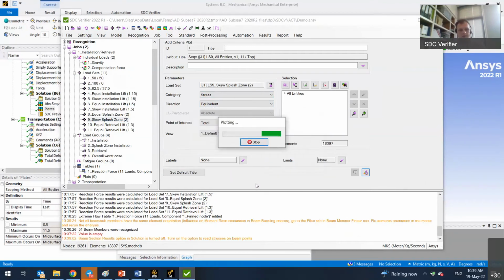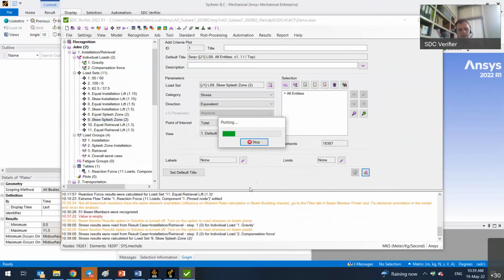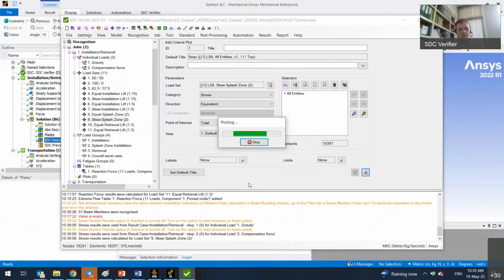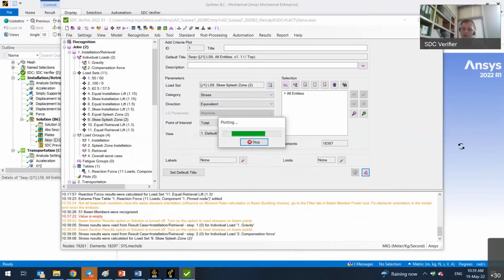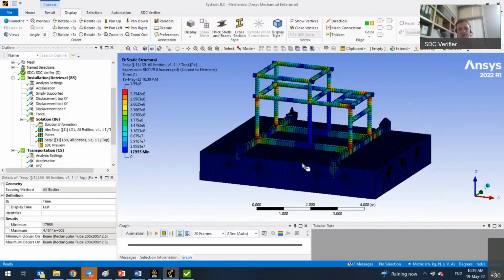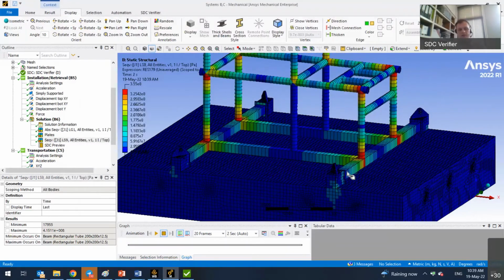And SDC Verifier starts to build this result plot. The same idea applies to creating the tables. So all the functionality of SDC Verifier in terms of presenting the results is here and is still available for you to present this. So we actually see that stresses during this skew